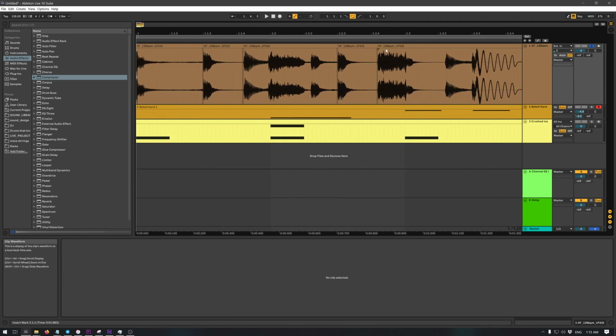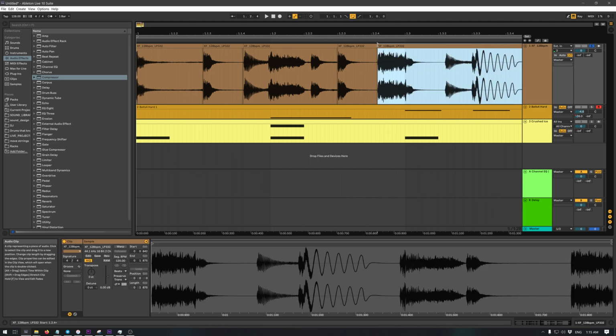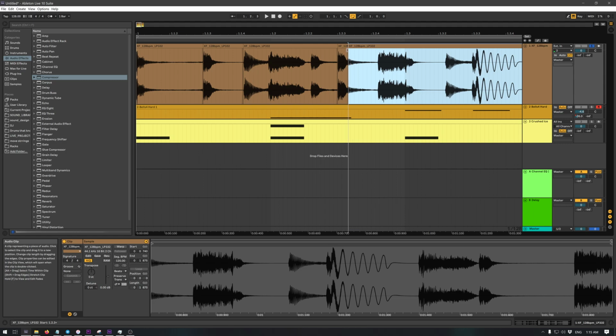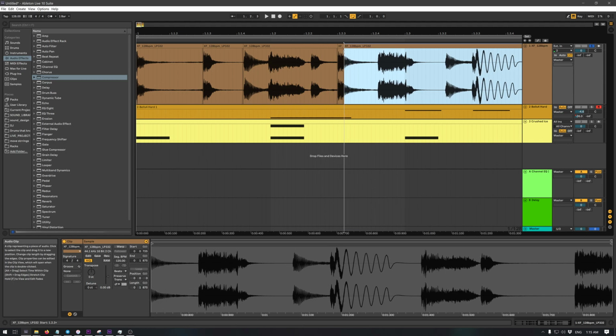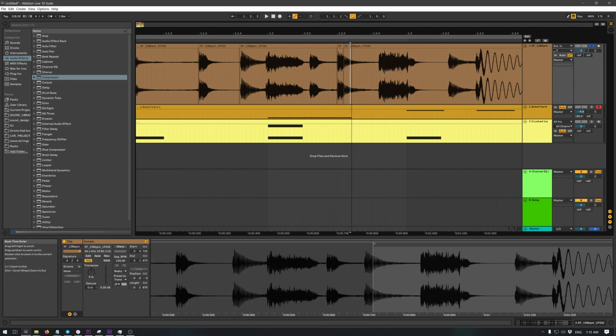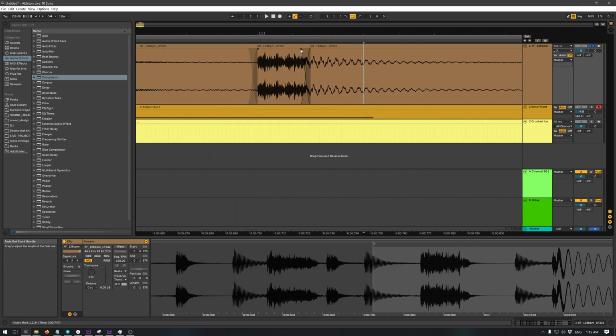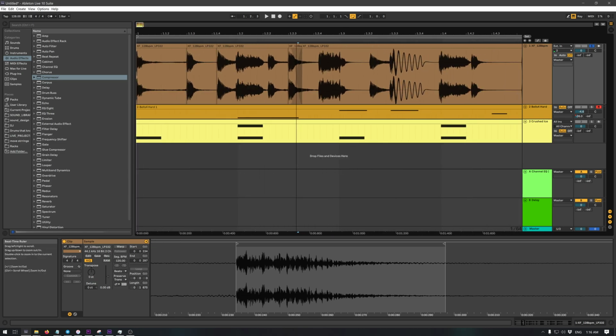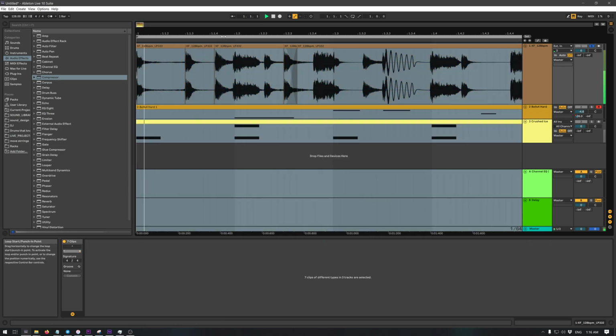Say I didn't like that, or I cut it too short, right? I can drag out the original clip to where I kind of want it. And then say I want just the first part of that sound, right? And then I want some of this to just fade across. You can then use the crossfade tool again to kind of select where that transition happens. So now if I play it,